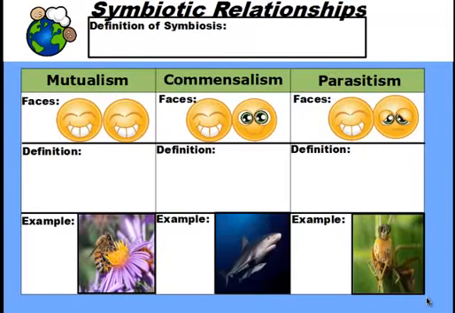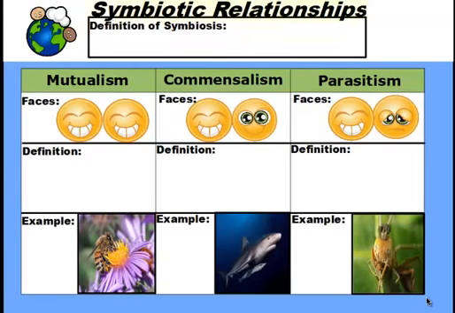In this vodcast, what we're going to talk about are different kinds of relationships amongst organisms in an ecosystem. There are three different types of relationships or interactions, actually, that we'll talk about. We're going to talk about symbiotic relationships, competition interactions, and we'll then discuss predator and prey relationships.